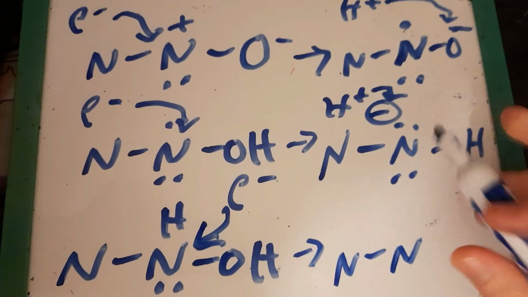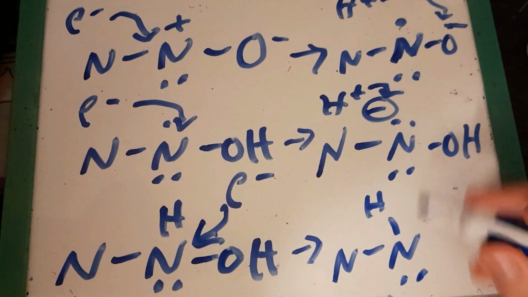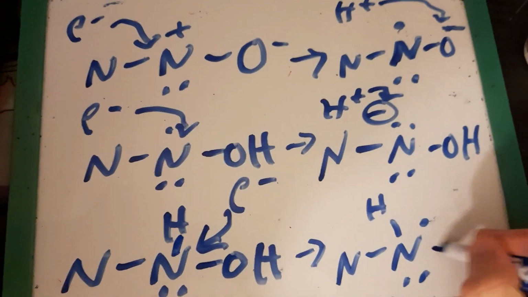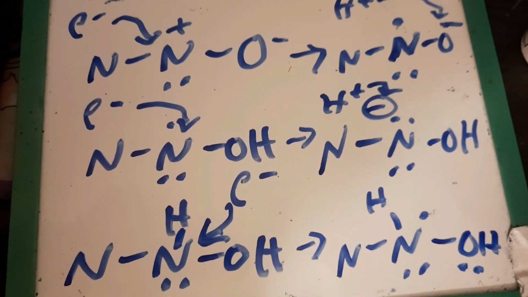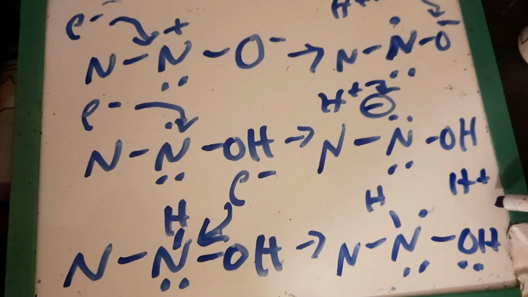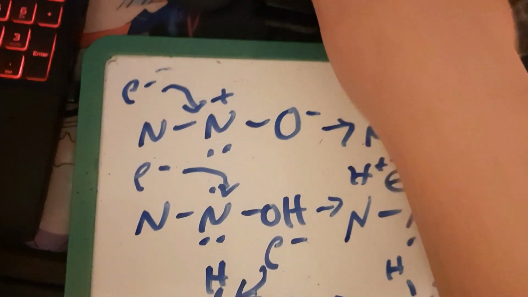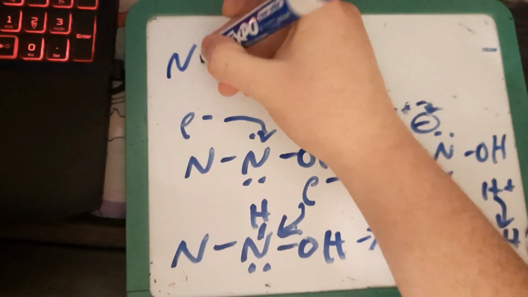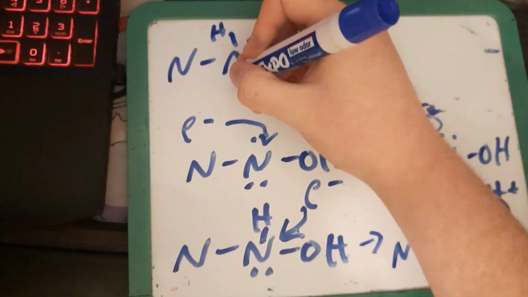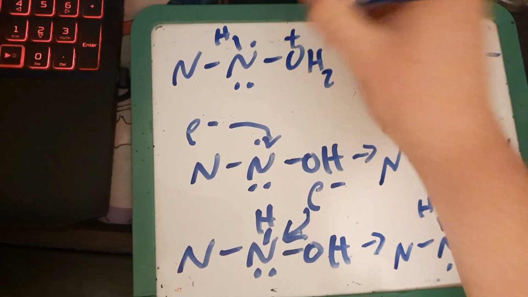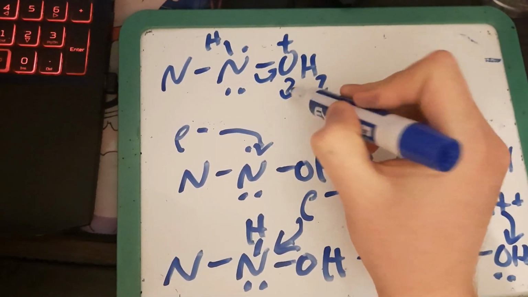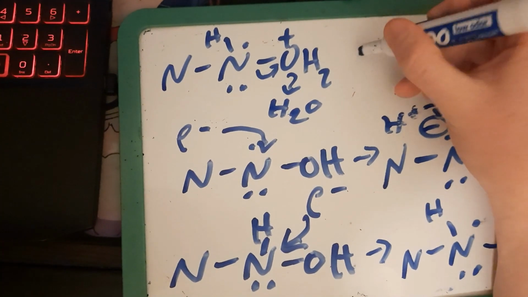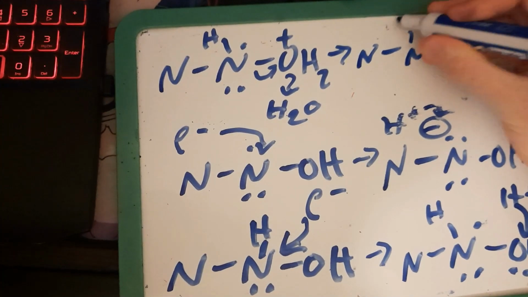Forming an H single bond radical, and this OH, its electrons attract an H plus, and it forms this unstable H radical H2, and it sucks these electrons into there, forming another water molecule. So now we got N H radical,